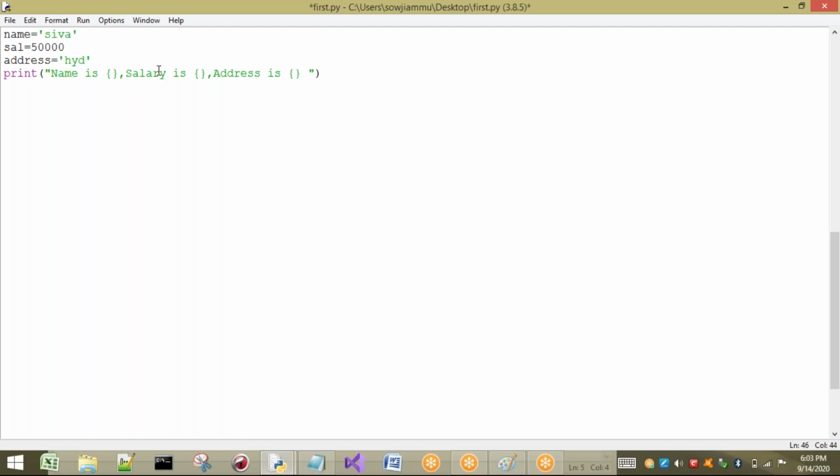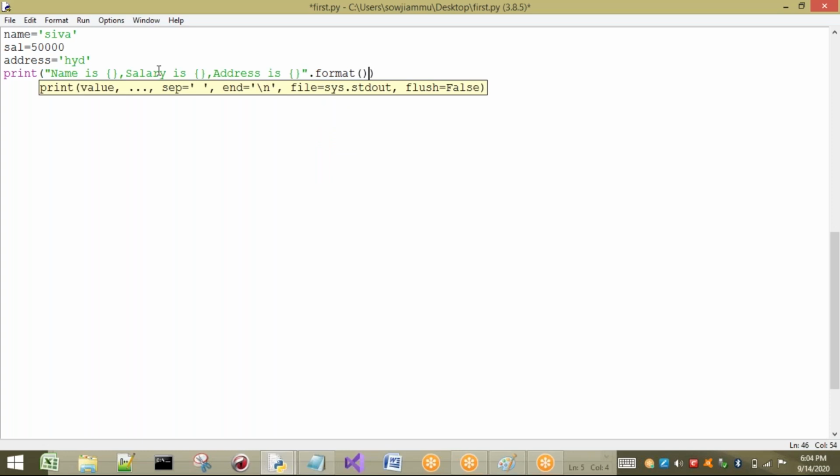Now here you have to identify: three flower brackets I have opened and closed. These three flower brackets are going to be filled by the format function. So how many flower brackets have I written in my program? 1, 2 and 3. So I'm using dot format. Here I'm not going to write any comma.